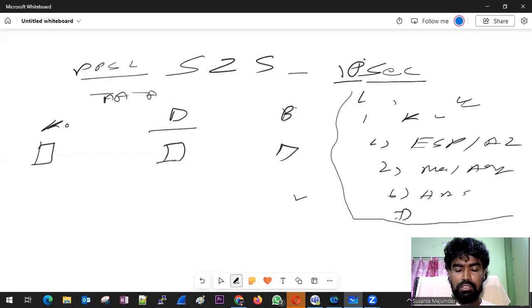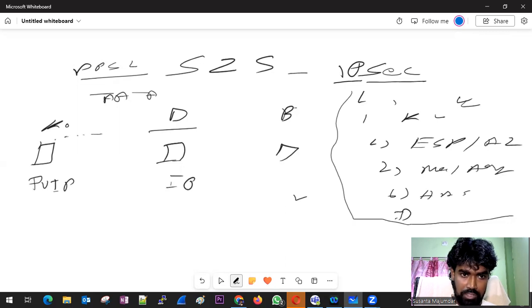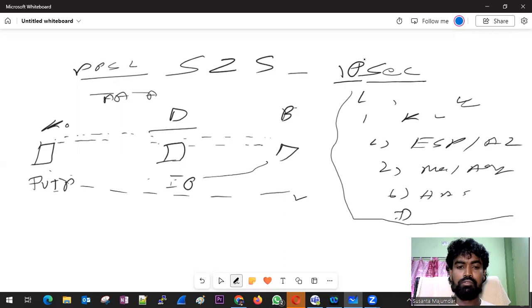So for that, there is a solution: you need two public IPs. One is here, a public IP, and one is there. Then you can create a logical tunnel from Kolkata to Delhi, or Delhi to Bangalore, Bangalore to Kolkata, and vice versa. You just create one logical tunnel. There will be no physical connectivity.